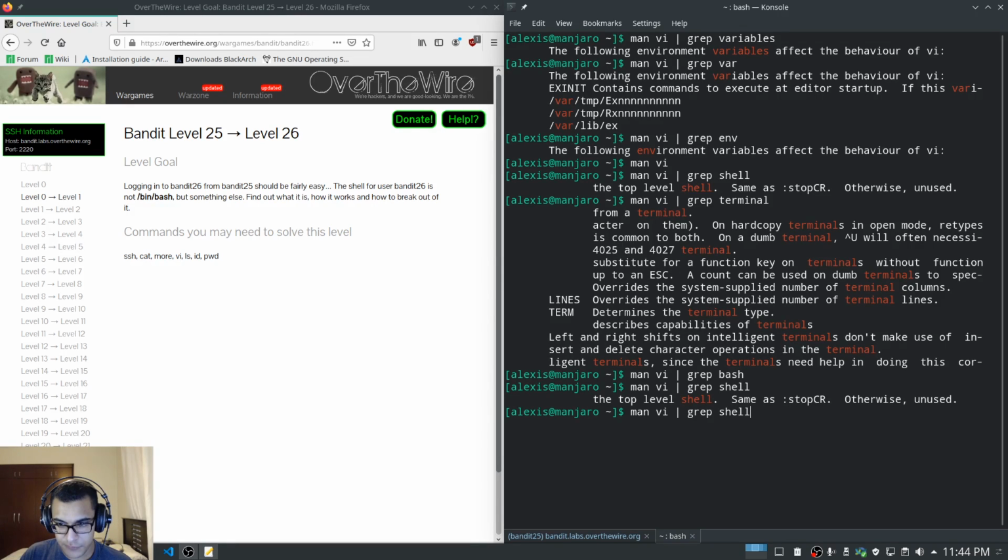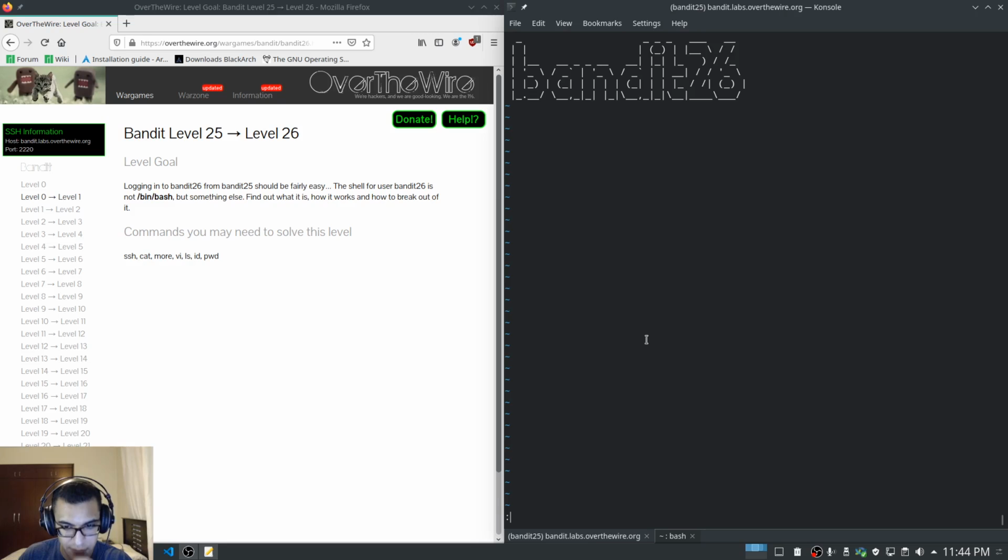Top level shell stop set. How do we set variables? Because if we try and set a variable here directly, we say E, but again this will open a file. But if we wanted to set the shell variable, you say set, and then we say shell is equal